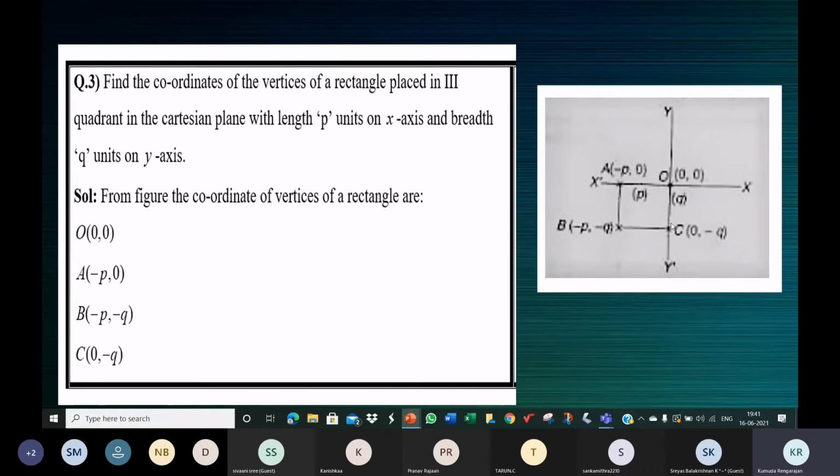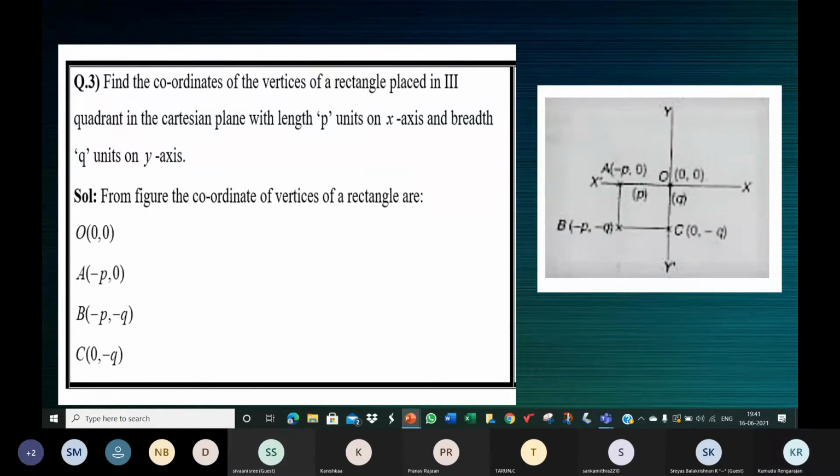So this is the rectangle. The vertices of the rectangle are, you can see it here. They've called the rectangle O, A, B, and C. B is here. So when I'm talking about the answer, I hope you're all listening to me. You should focus on what I am pointing to and understand what I am trying to say.